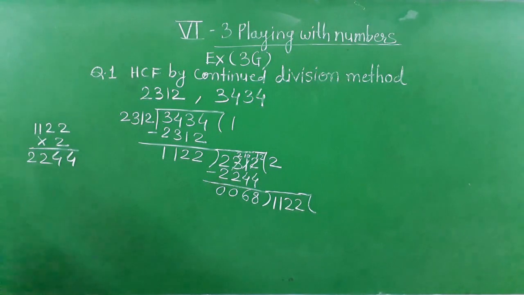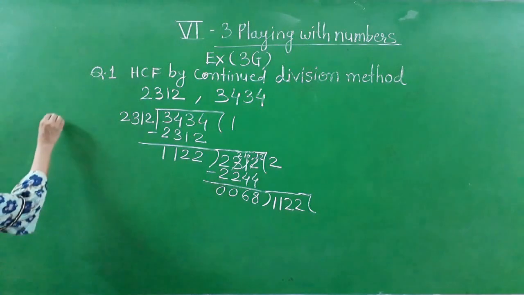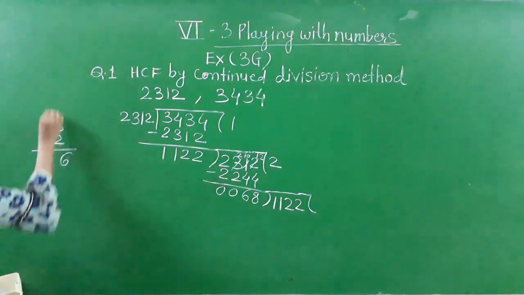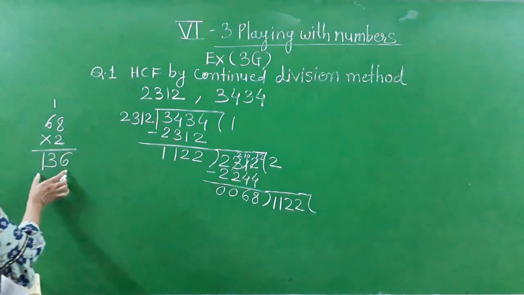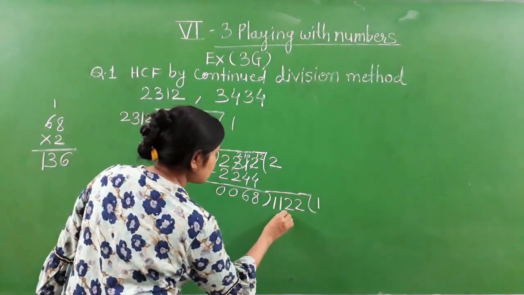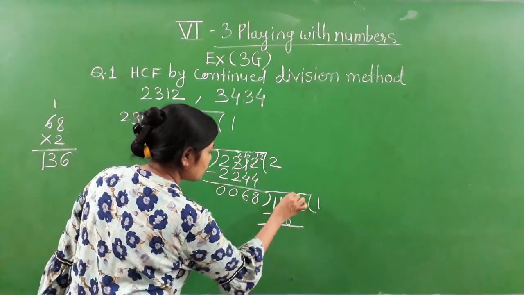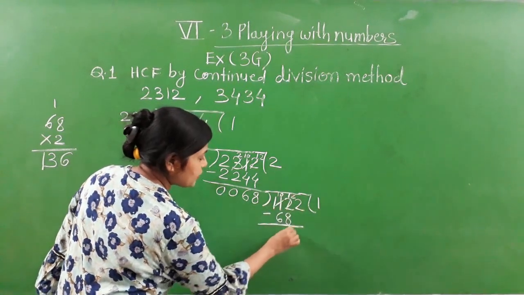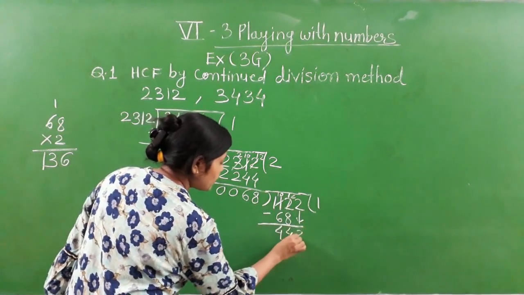What will happen when we multiply 68 by 2's? Let's see what will happen. 16, 1 carry and 30. Okay. So this number is bigger. So we have to take only 1's. So 1's 68. Okay. So 68. Then subtract it. It becomes 10. 12 minus 8 is 4. Here 10 minus 6 is 4. Bring this down. Our division is not yet complete.